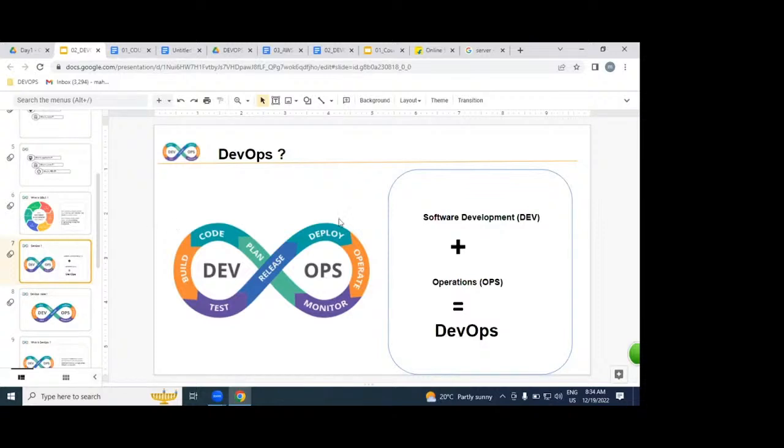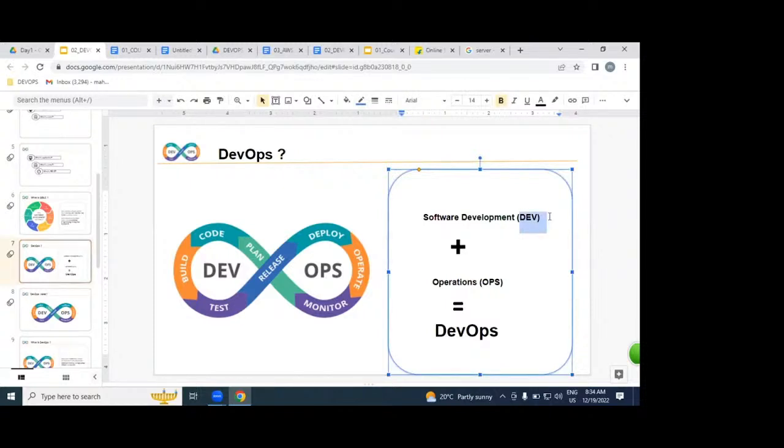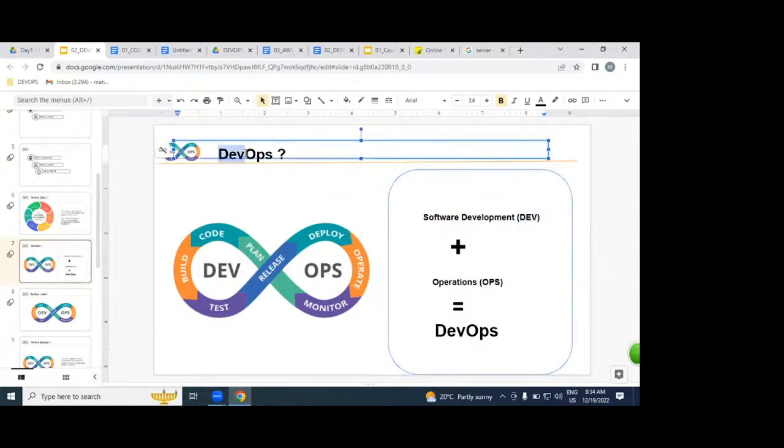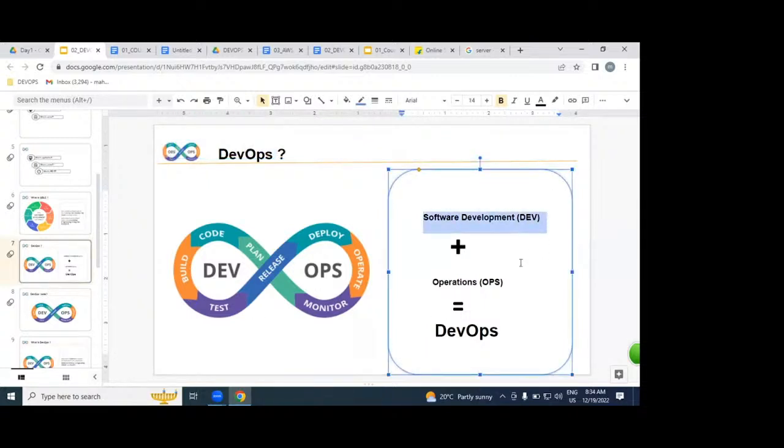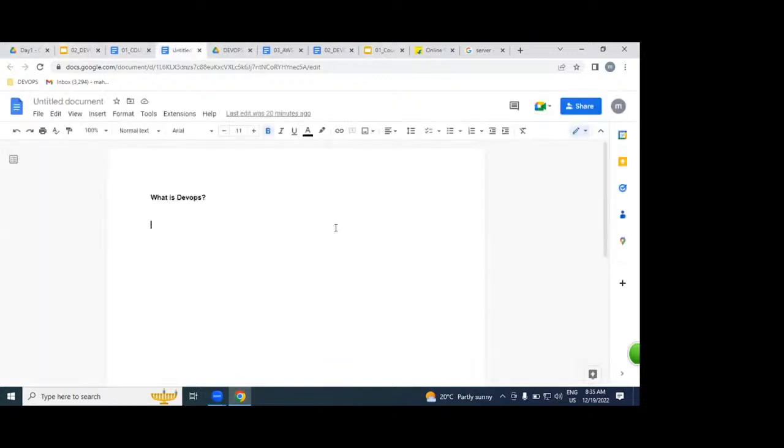What is DEV, guys, please? DEV is nothing but development. OPS is nothing but operations. The combination of software development plus operations, we call DevOps. For example, let's say in SDLC,